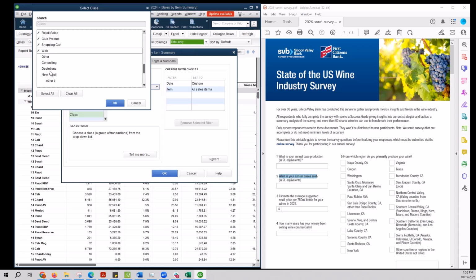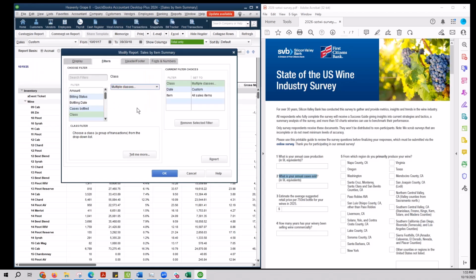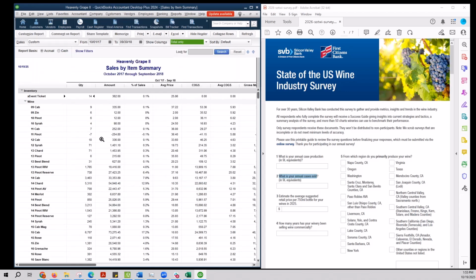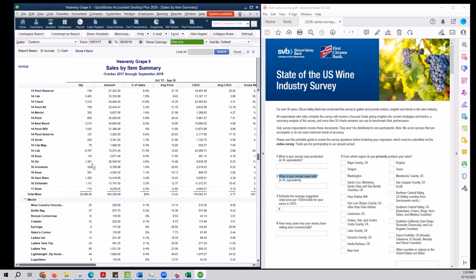Plus, you also want to exclude depletions. So you're going to go okay, and we go okay, and here's our wine, and we come down to 30,595. Divide that by 12, gets me 2,549 cases of wine was our annual cases sold in the last 12 months. The next question is, estimate the average suggested retail